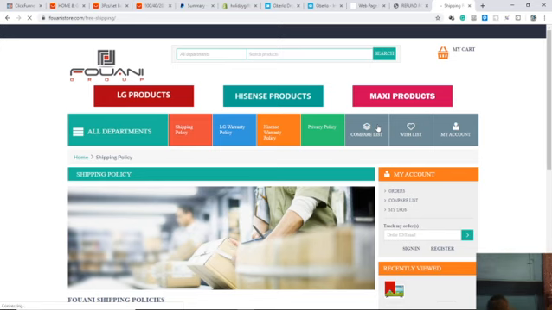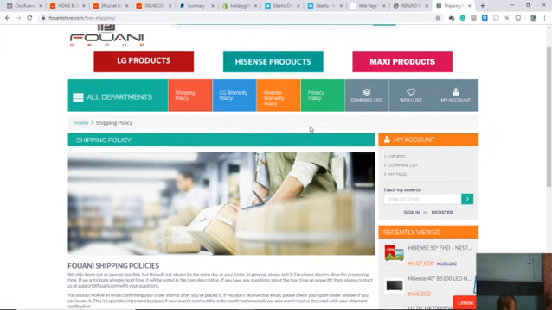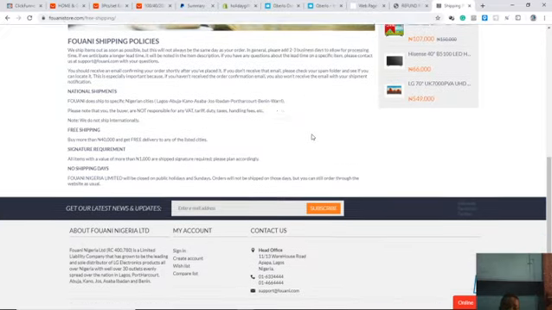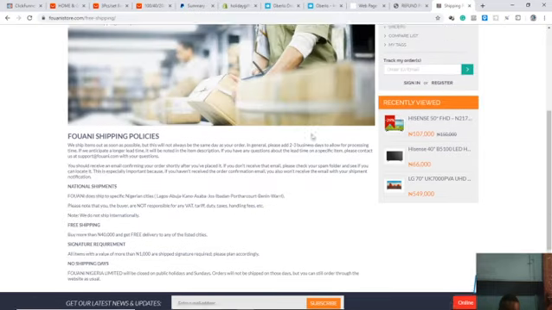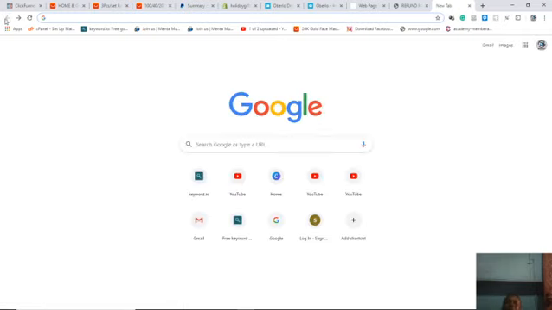You can see it's a store shipping policy, someone's store already. And I'm telling you, all the shipping policies are written by someone else. If you want, you can look for another one and use. There are varieties of shipping policies, privacy policies, refund policies, so you can just choose from anyone. So we're looking for